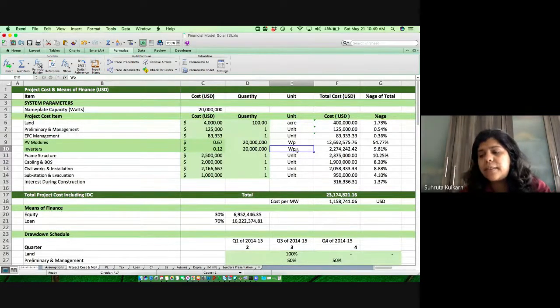Now, just one interesting fact on this: interest during construction, the banks typically allow that to be part of your project cost. So it allows you to capitalize that. So what's the advantage of that? One, you can take funding for that part also, right? I mean, it's an expense that you have, but you're capitalizing that, making it part of the capex. So you can take interest, you can have depreciation on that part as well, right? So that is the advantage of using the IDC.